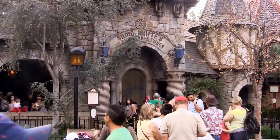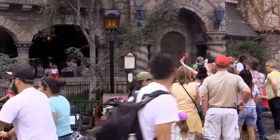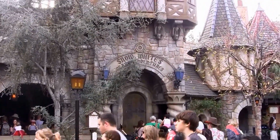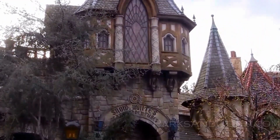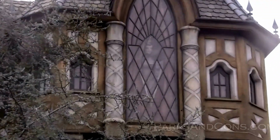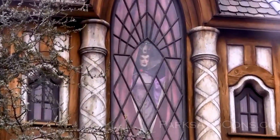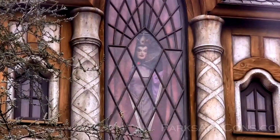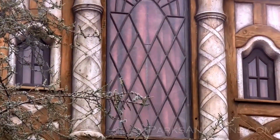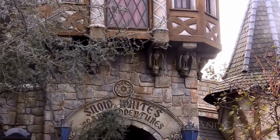And speaking of crowded, as you can see, Snow White, not often that you see the line out the door there, but it is today. But one thing you can catch just from the ground, and I think this is a really commonly known one, but it's good enough that you want to make sure it's there: she is the Queen, peering down periodically throughout the day and the night. At night it has a nice little color to it as well, or lighting in the background that's cool to see. The other thing,